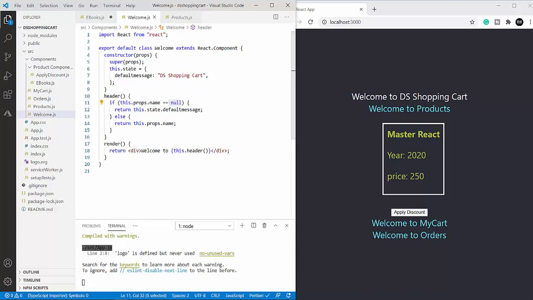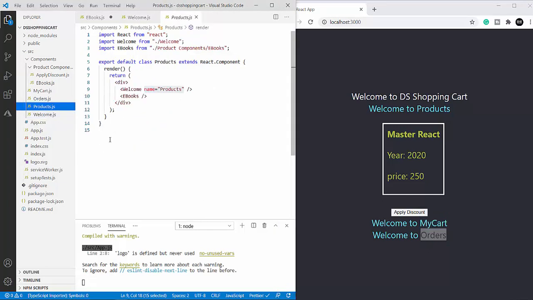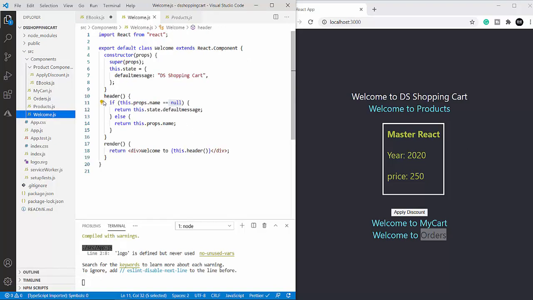That's why in all the welcome component messages you can see here, when there is no props passed onto the component, we get DS shopping cart, which is the default message. In the other components, we have a different props.name like products, my cart, orders. If I go back to products.js, you can see here how I have passed the props.name along with the component call. So this was a simple logic included inside a simple function.